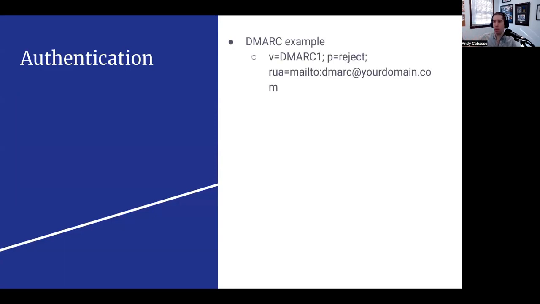It's just a simple DMARC record to have. This is an example here, but basically you can set parameters for what you want your email provider to do with suspicious looking emails, whether to reject them or quarantine them or anything like that. So those are kind of my points about setting up an email.